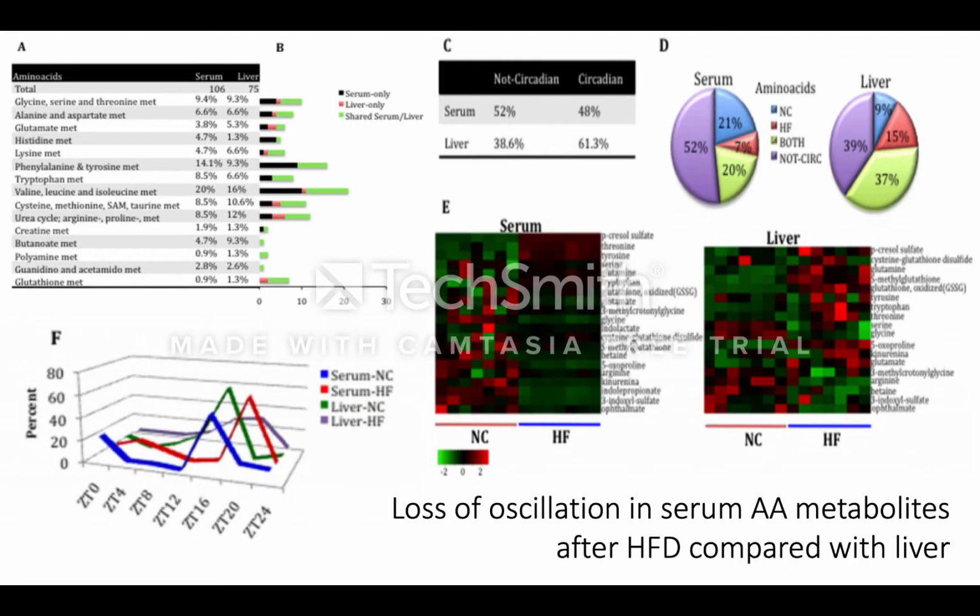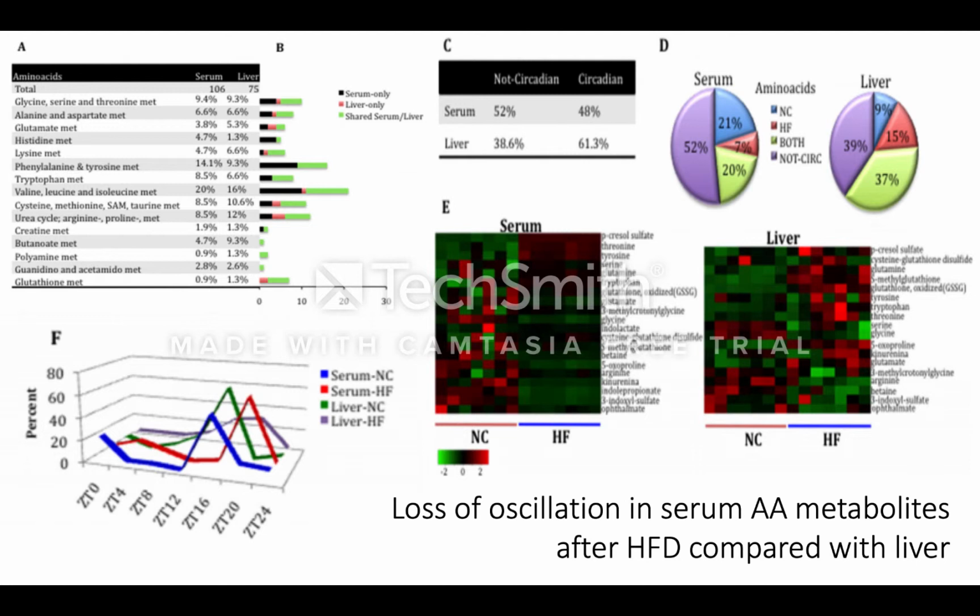Amino acids were also measured. A significant amount of amino acid metabolites are shared by both serum and liver, but 40% of all of the amino acid metabolites were found in the serum, as you can see in Figure A. Figure C shows that fewer amino acids oscillated in the serum than in the liver, and Figure D shows that there was a twofold reduction in amino acid metabolites affected by the high fat density diet in the serum